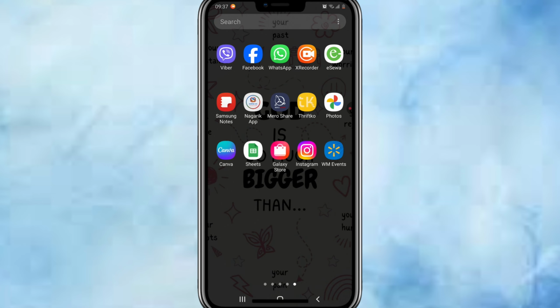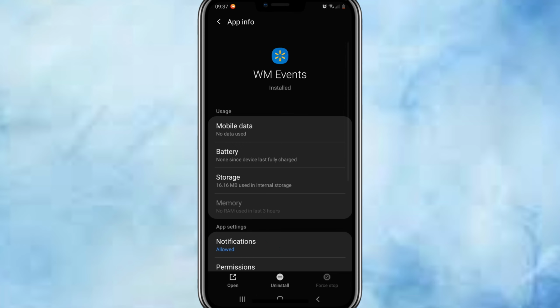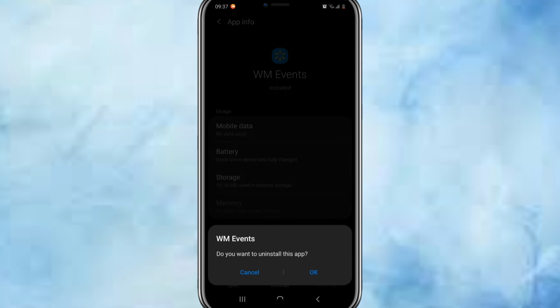First, on your home screen or app drawer, press and hold the Walmart app icon until a menu pops up. Depending on your phone, either drag the app to install at the top or tap install from the menu. If you don't see install, tap the app info, then tap install at bottom. Confirm by tapping OK,